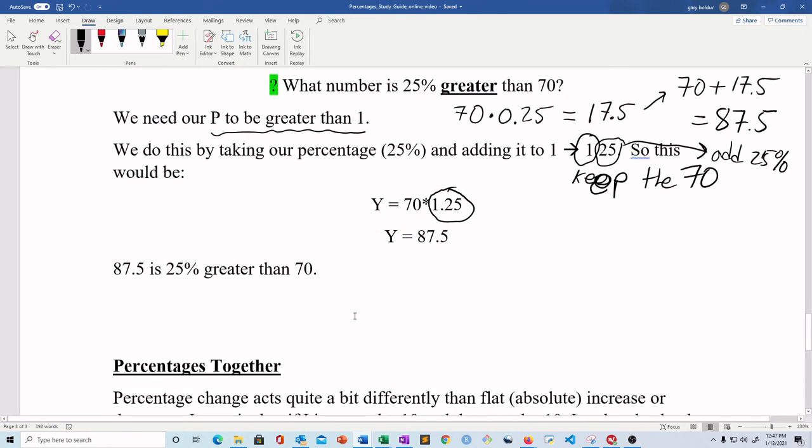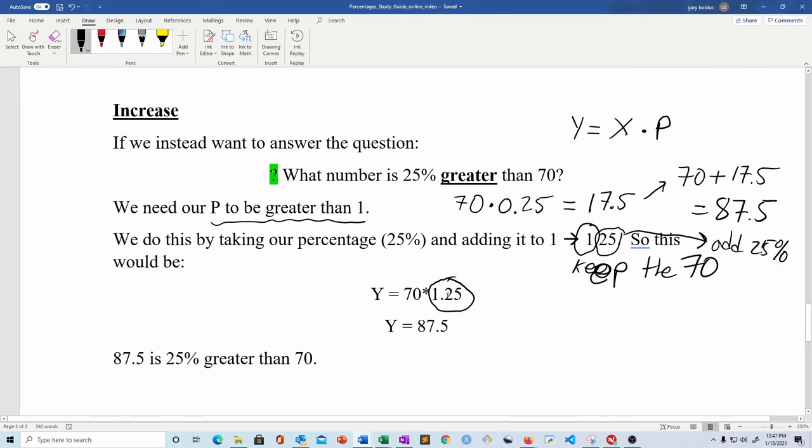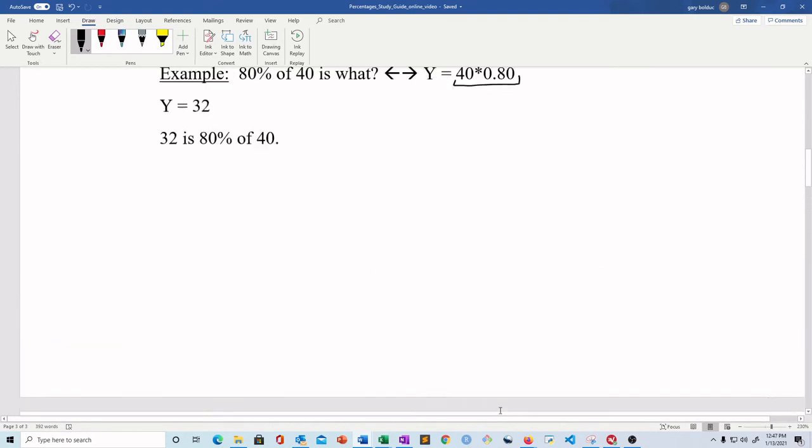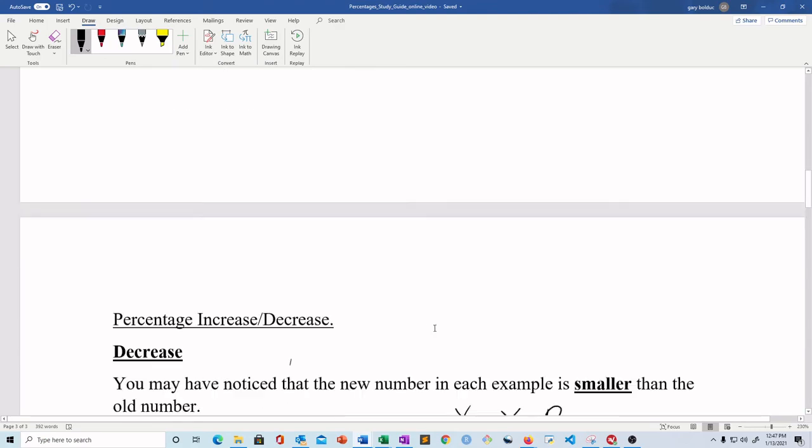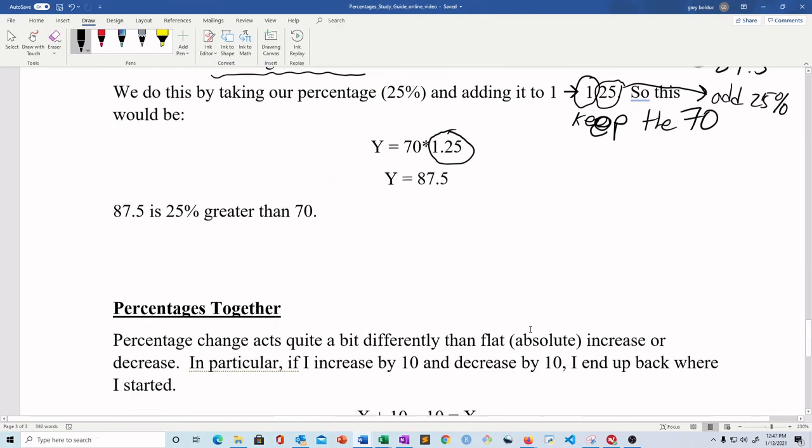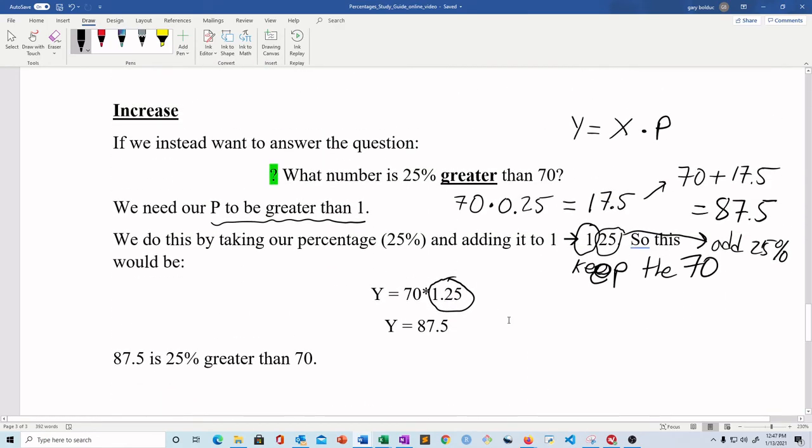So the way that this works with the percent increase is, I just gave you, which one did I give you? Let's go back up to our forms. That's form 3. So I just gave you a problem here. This problem, let's write it down. This one here is form 3